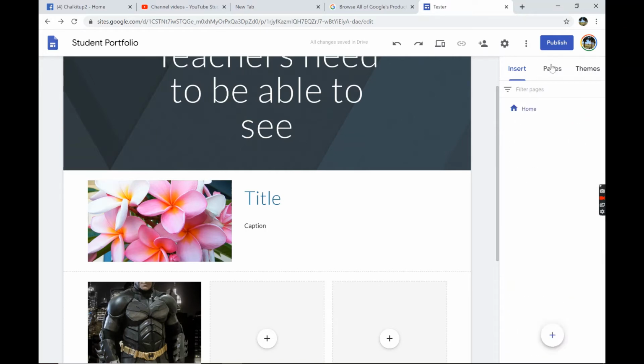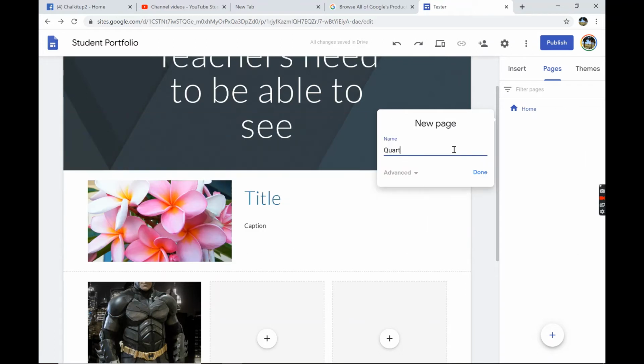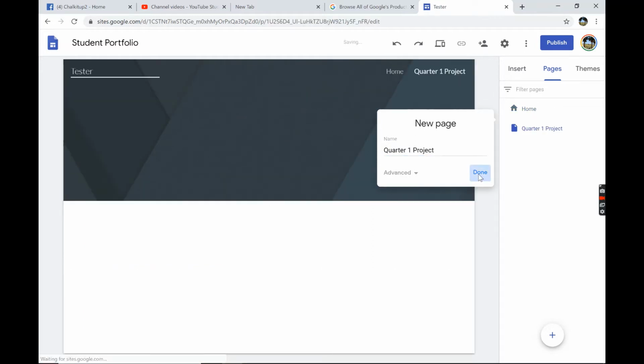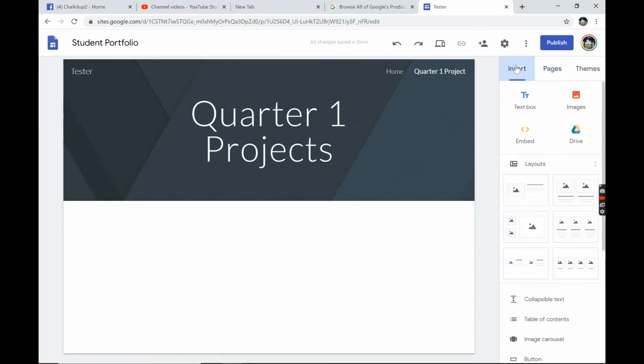In order to create new pages, obviously you click pages, and then you see that the only page right now is just the home page. Here you can add another one, so it could be quarter one assessments or projects. Done. So now the next page is that quarter's projects, and what you want to do is insert,